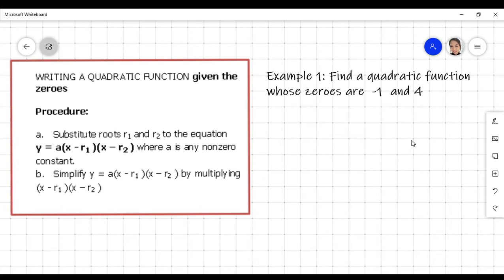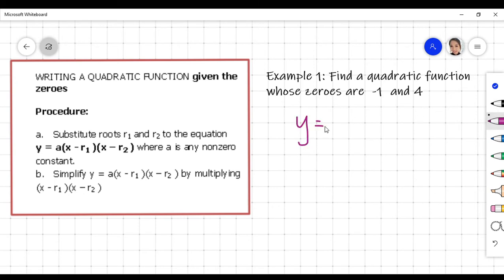So I guess this is the easiest condition in finding equations for quadratic function, because since zeros are considered as the roots, if we rewrite it in the quadratic equation, these are the roots actually. What we will do, we will just substitute it to the general rule, which is equivalent to